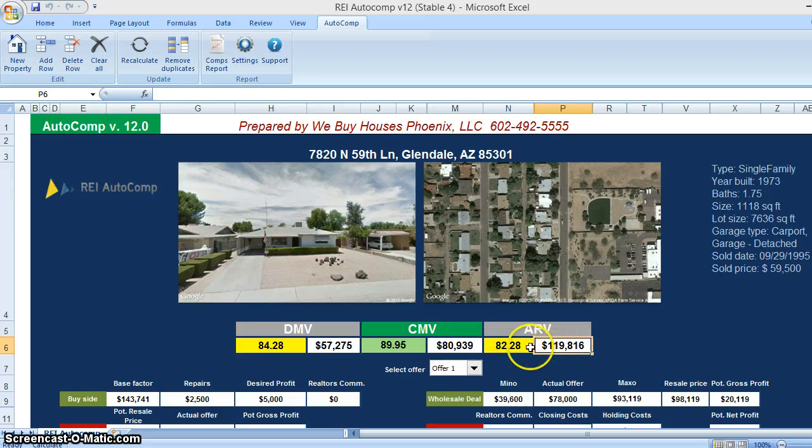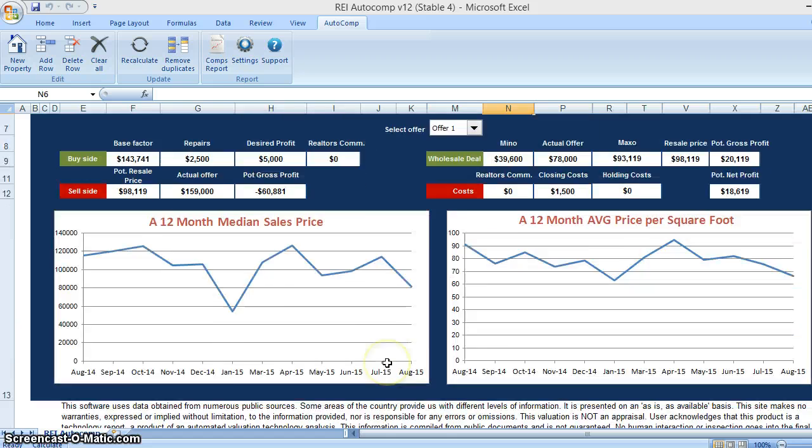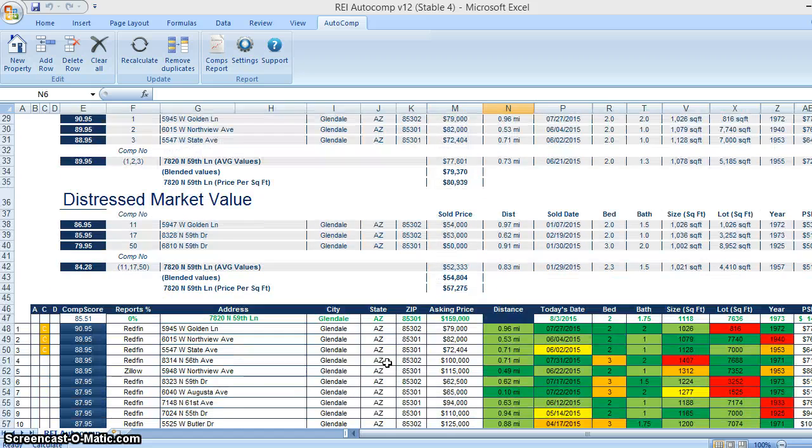Now I'm just going to show you a quick little trick here. You can see the scoring on this wasn't too great. The ARV probably has to come down a little. So the reason I know that is it tells me it's 82% sure that the ARV is 119. So I want to get this guy green like this here. So I'm just going to scroll down